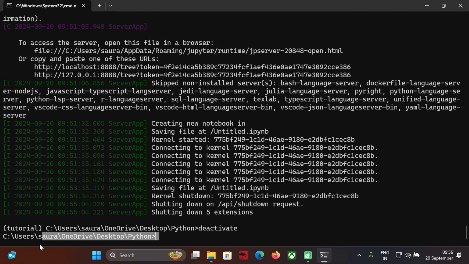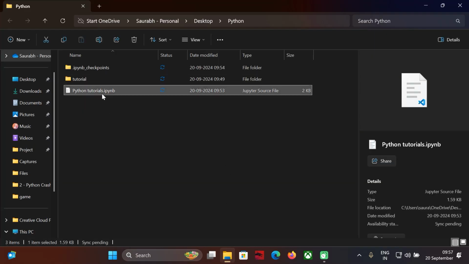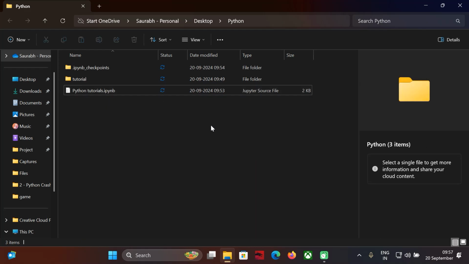And you will see something like this, which means you are in the regular terminal or command prompt. Now from here, you can exit. That's it. And now you can see here your Python Jupyter Notebook file. If you remember, we specified the name python tutorials.ipynb. So this is all about how to create a Python environment, activate the environment, install third-party libraries, and deactivate the environment. In the next section, we will learn about some Python basics, some Python concepts like arithmetic, operators,